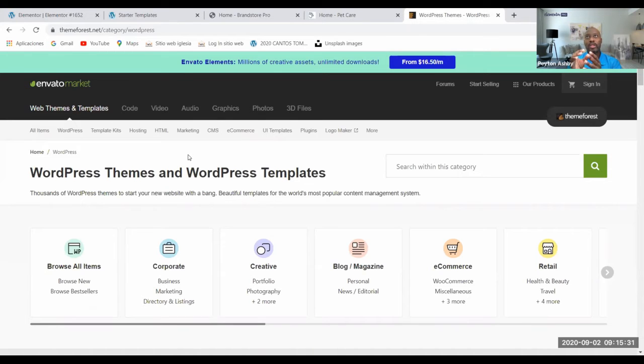You can actually take the header of one of the templates, the footer of another template, or the middle part. You can pretty much build your website based on the inspiration that other professional templates have made. So in this example, themeforest.net/category/WordPress, on here,